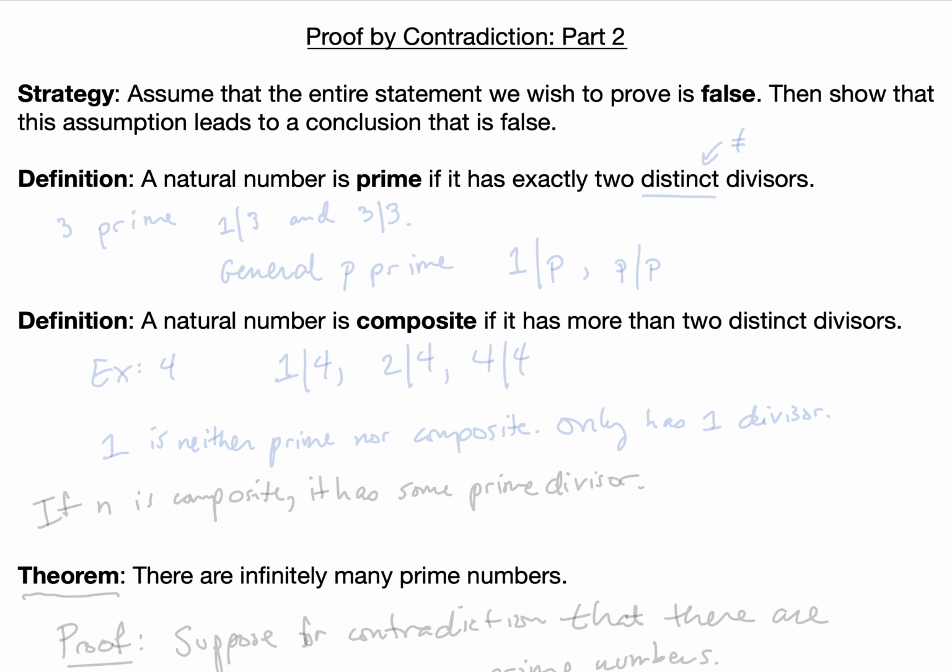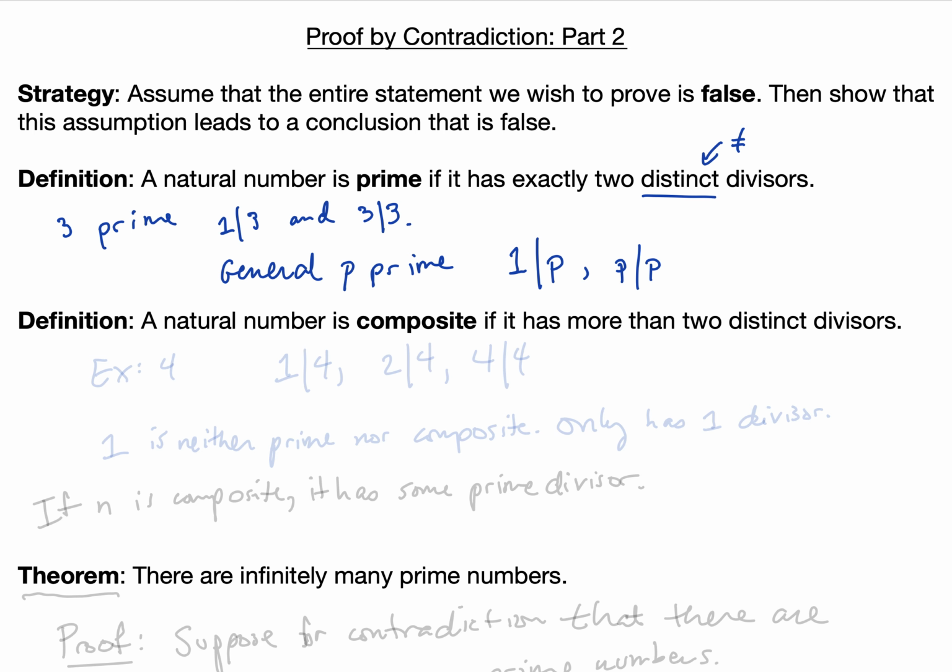A natural number is prime if it has exactly two distinct divisors. So distinct means different or not equal to one another. For example, 3 is prime because it has exactly two distinct divisors. 1 divides 3 and 3 divides 3, and those are the only two divisors of 3. In general, if P is prime, then it has only two distinct divisors, and those divisors are 1 and itself,